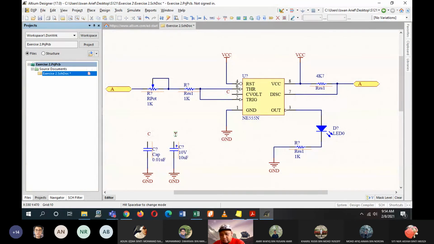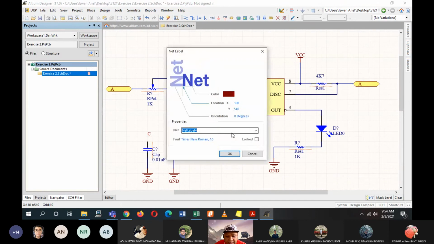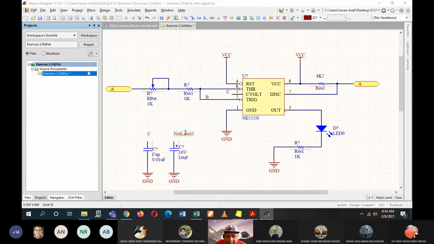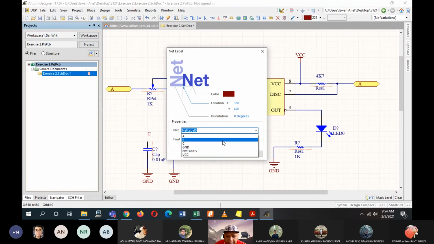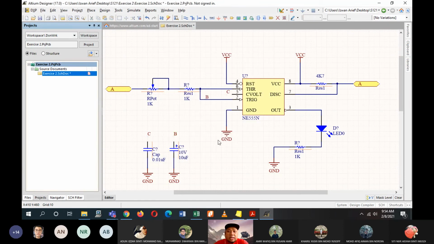So I'll place another net for the connection of pin 2 to the 10 microfarad capacitor. I name them as B, and make sure this is B as well. Choose B. So now theoretically there are connections between pin 5 and the 0.01 microfarad capacitor, and pin 2 with the 10 microfarad capacitor. So that is the net connection.